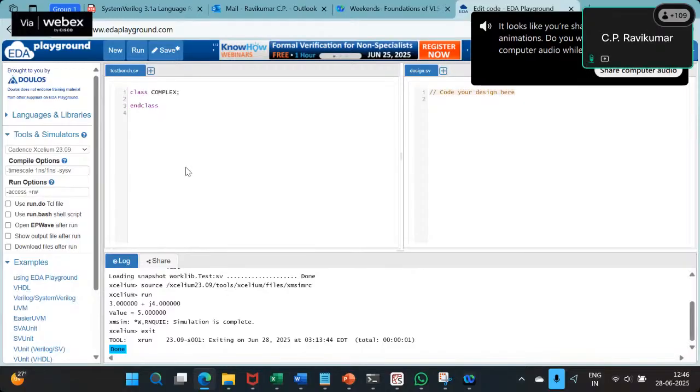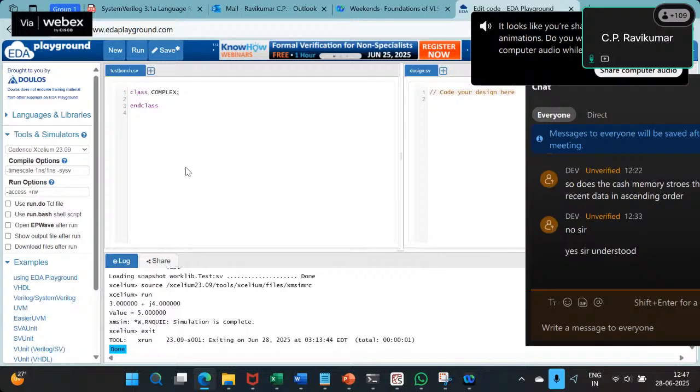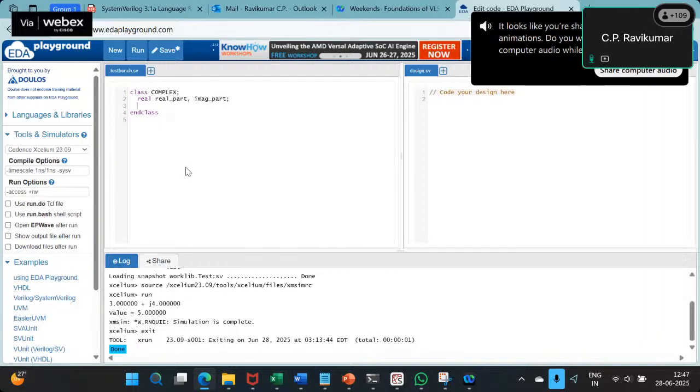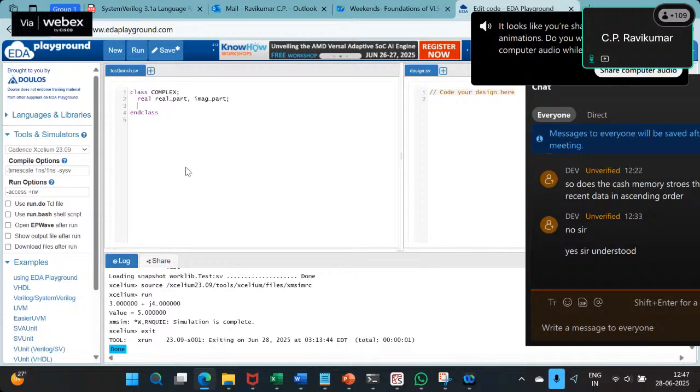And here we can declare real part, imaginary part. So far it seems to be very similar to the struct. We just declared some data,